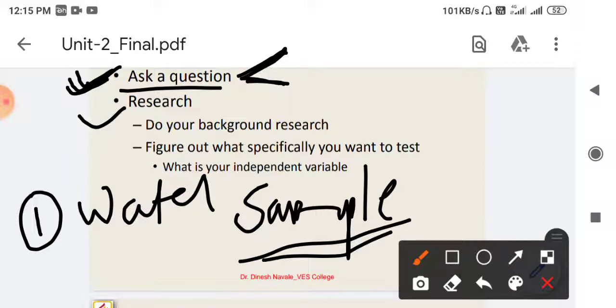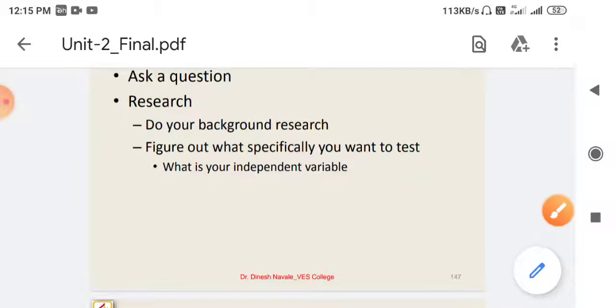First of all we need to have the detailed background of the research. So for water sample analysis, what parameters are we going to analyze, which procedure should we use, and which procedure has already been used for that particular water sample analysis. Out of the various processes, which process should give the better result for the given climate conditions, and the geographical region of the given village will also constitute the selection of a procedure.